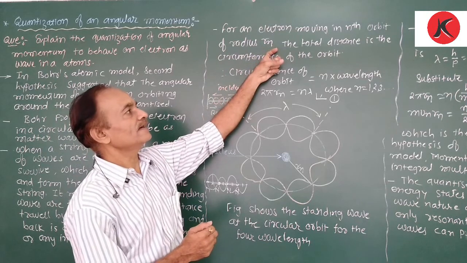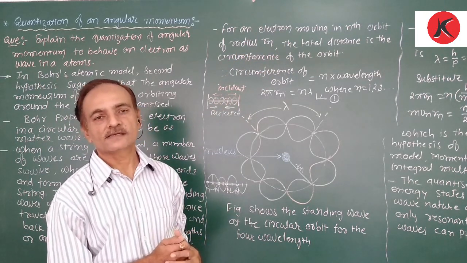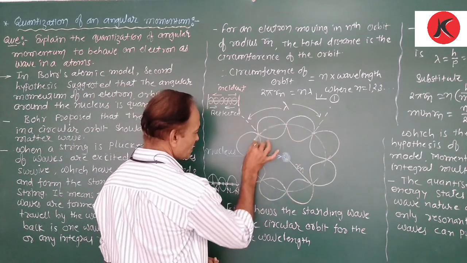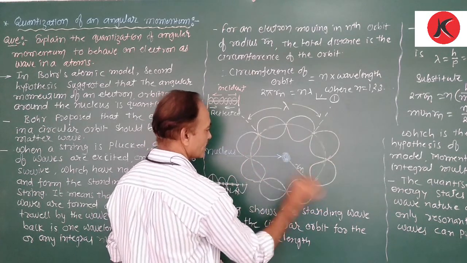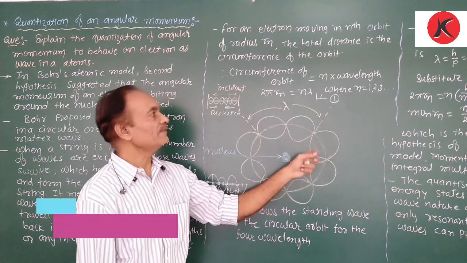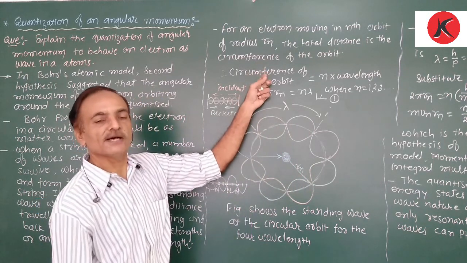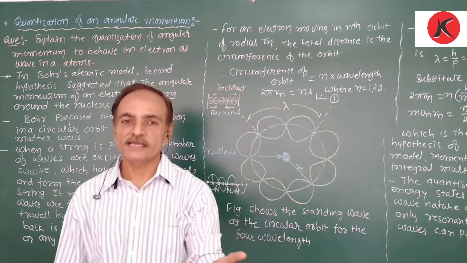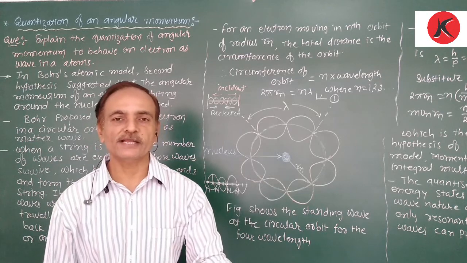of radius r, the total distance is the circumference of the orbit. Now, an electron is moving around the nucleus in the nth orbit and the radius is r. If the total distance traveled by the electron, equal to the circumference of the orbit, is an integer multiple of wavelength corresponding to its wave nature,